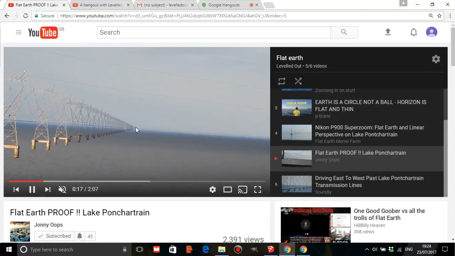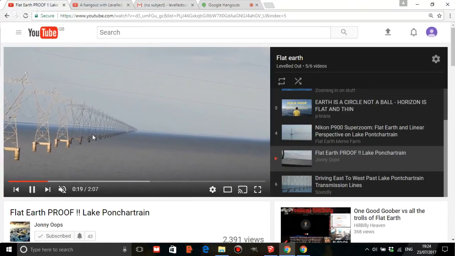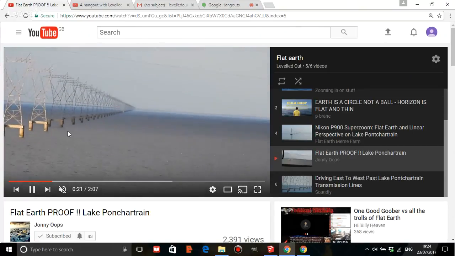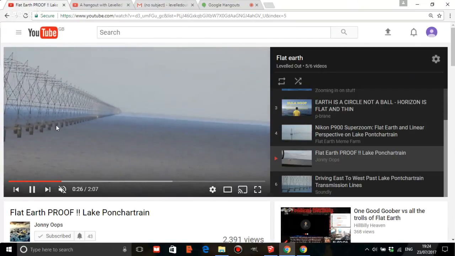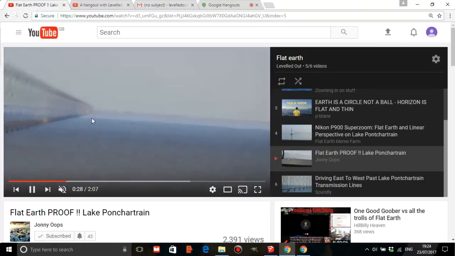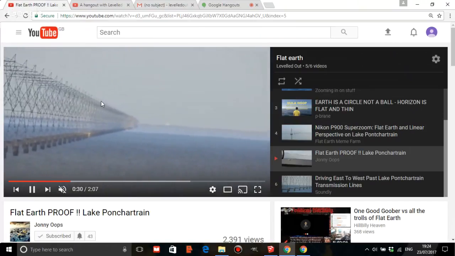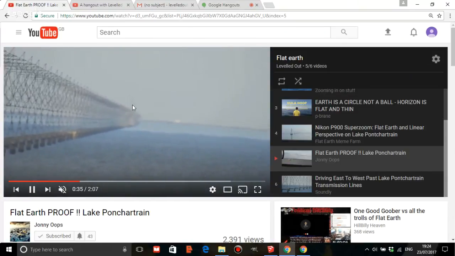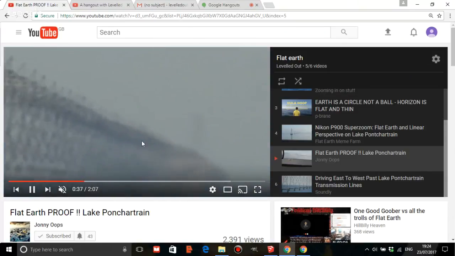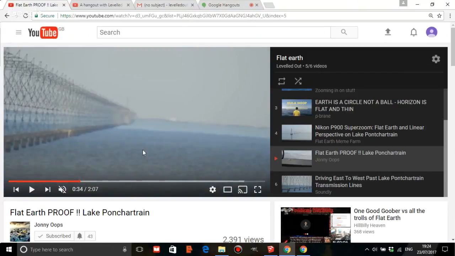Yeah. Well, this video here is showing, contrary to what Soundly's showing, an absolutely straight, following perspective shot of the power lines. And here, as we zoom in, you'll see the other tower that's in the distance come into focus. Now, this is following true linear perspective into a vanishing point. Here, we can pause this. This is a horizon. I think what you're showing there, this horizontal structure, might be